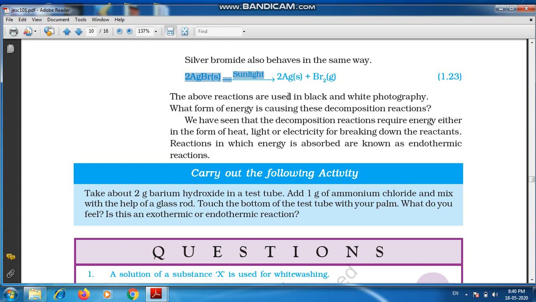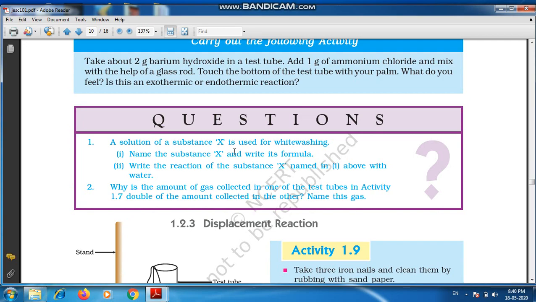The above reactions are used in black and white photography. Please remember, the silver bromide reaction is used in black and white photography. This is an example of a decomposition reaction, but it takes place in presence of sunlight. You have seen most decomposition reactions were taking heat energy. Such reactions in which energy is absorbed are known as endothermic reactions. There are some in-text